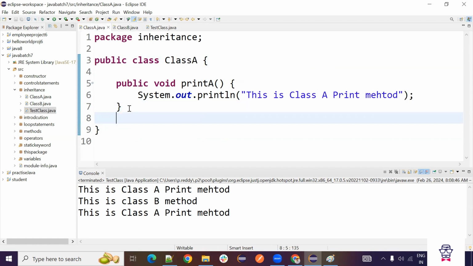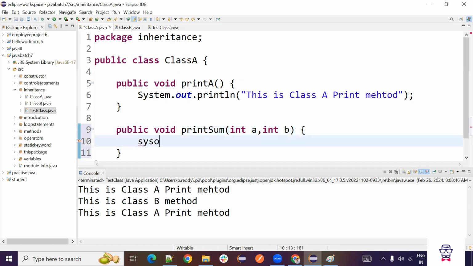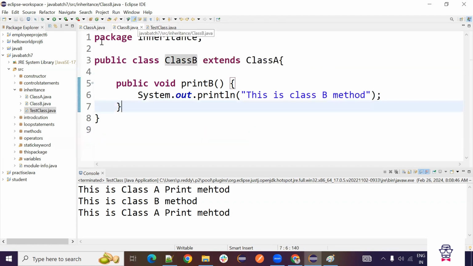Let's say there is one more example: public void print sum, which accepts two variables, int A and int B, and prints A plus B. If there is no relationship between these two classes, and I want to use this method in class B, I need to write one more method.